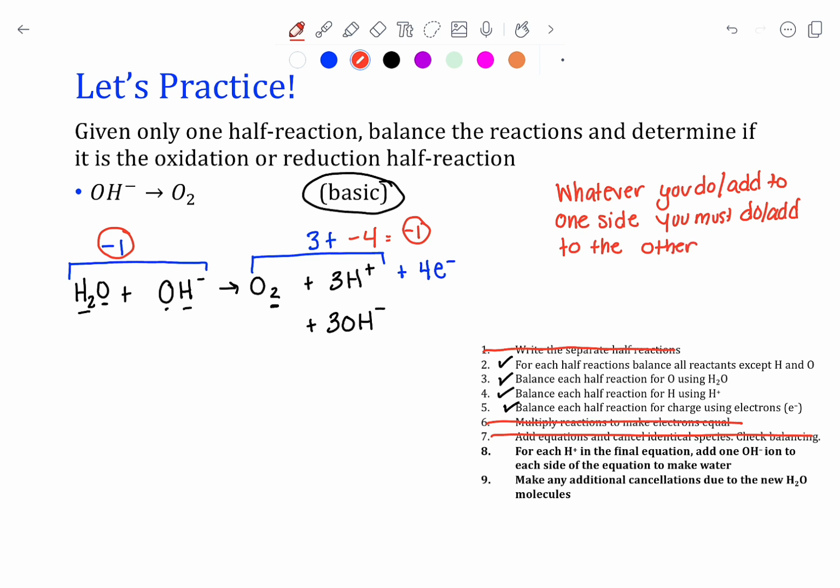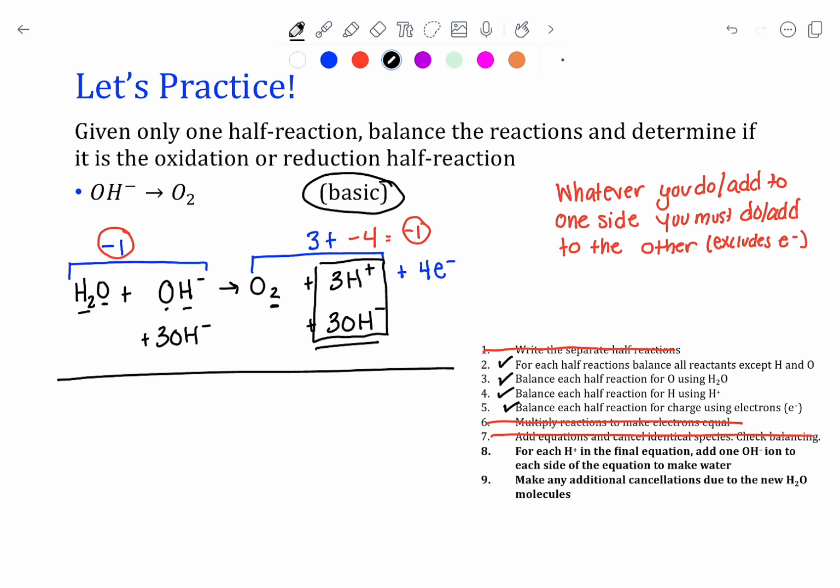So whatever you do or add to one side, you must do or add to the other. And I'm just going to put a disclaimer that that excludes electrons, because that's our step there. Because I added 3 OHs here, I need to also add 3 OHs here. So now we can change our equation here because 3 OH-